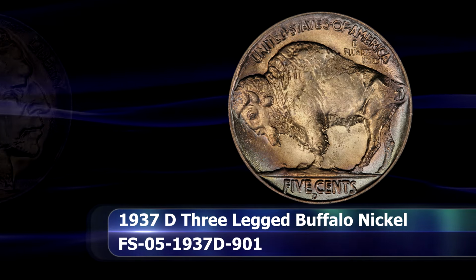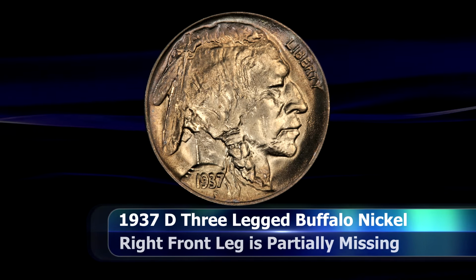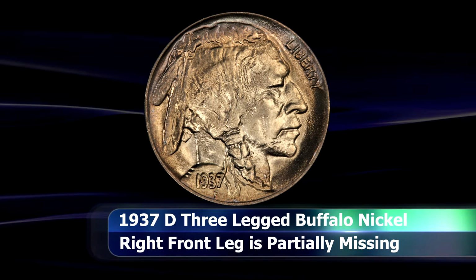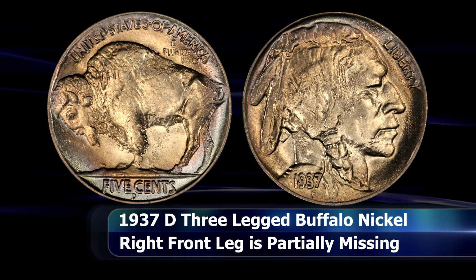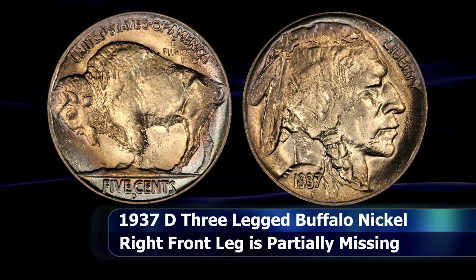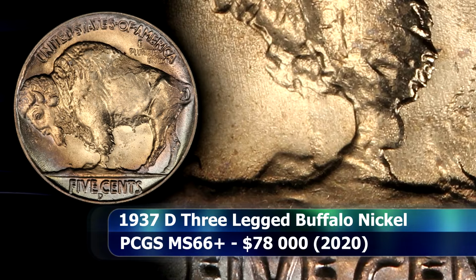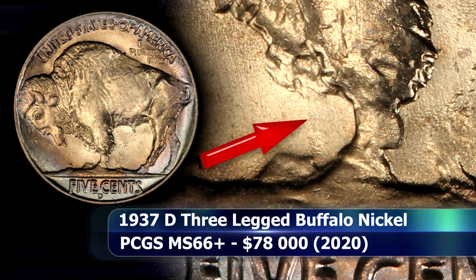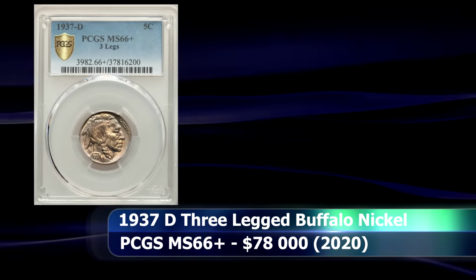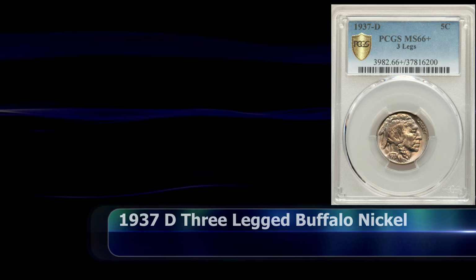And then for the top variety coin from the 1930s, and well, there really was only one choice when it comes to this, and that coin is the 1937D three-legged buffalo nickel. It simply has it all. It's a rare but extremely popular coin with a great story and fantastic market appeal. Legend holds it that the reverse die used to strike this coin was abraded at the mint to try and remove clash marks, but in the process, a portion of the bison's frontmost leg was then also removed, giving us the famous three-legged buffaloes. For this coin, we can point to a stunning example, graded as PCGS MS66 Plus, that was sold at auction in 2020 for the total sum of